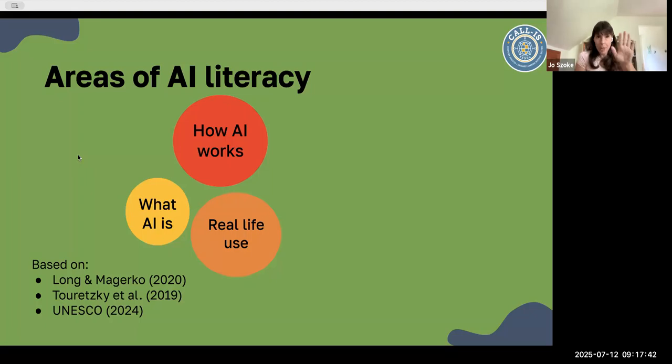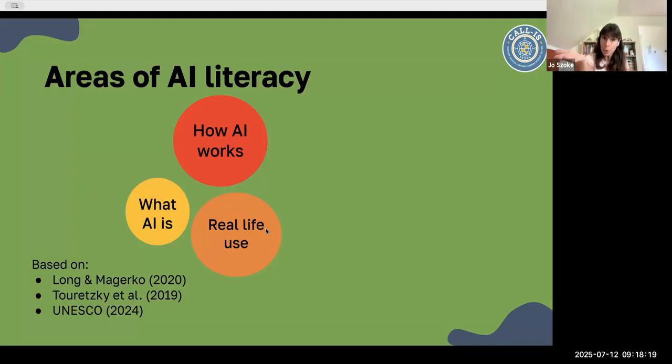And it's very important. Now, we can, of course, argue about this forever, whether this is good or bad, what this is going to mean for our future. And this could be a very good activity, a debate or some sort of an essay activity. But first, we need to actually understand why we get these responses and what we need to keep in mind when we ask something from AI. Probably we're going to get some kind of a biased response. And then we can move on to other bubbles, such as real life use, like how we use AI in